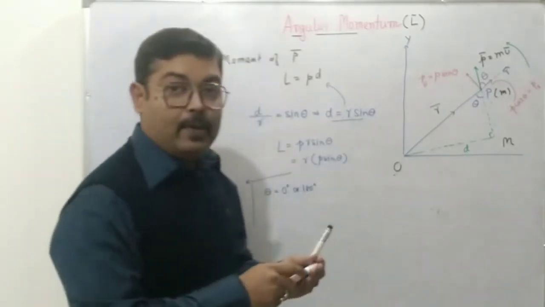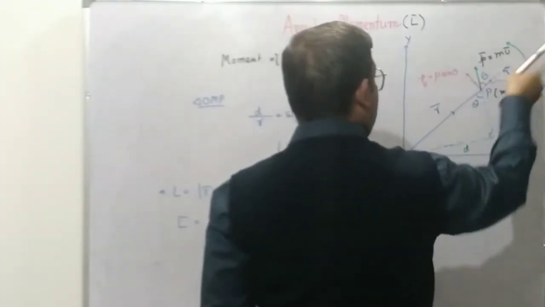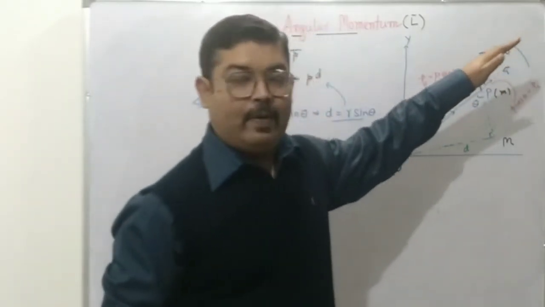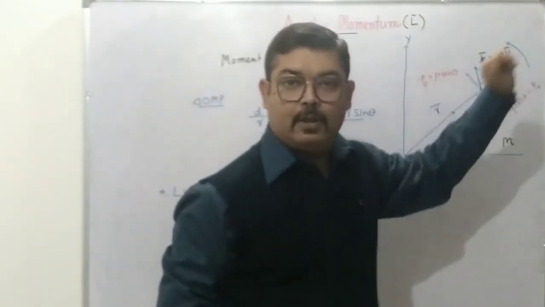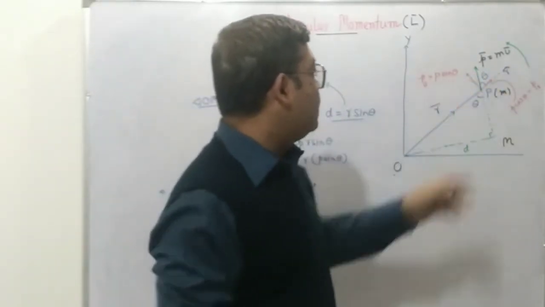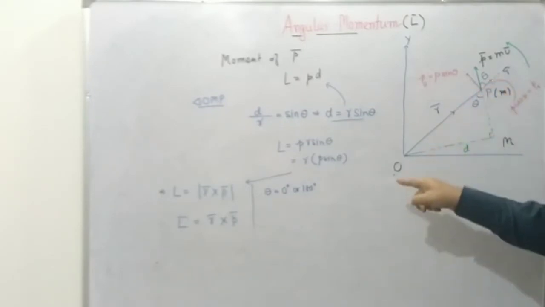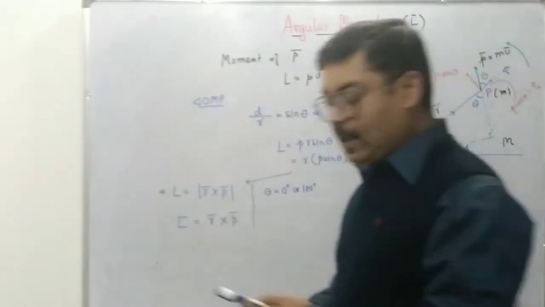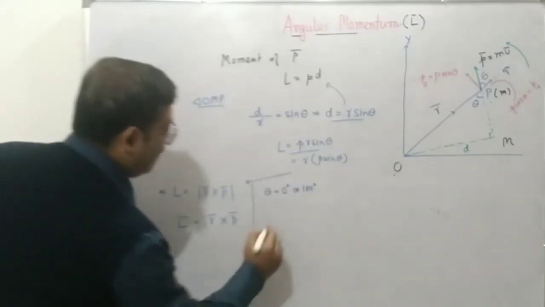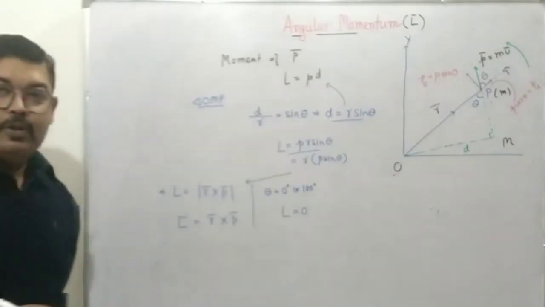What do we mean by theta equal to 0 degree? Theta is 0 degree means the p vector will be along the r vector, which means p will be parallel to the r vector, or it will be going radially outwards. Momentum will be going radially outwards. Theta equal to 180 degree means p will be opposite to the r vector, which means it will be coming radially inwards towards the center. In either case, this expression will give us L equal to 0,